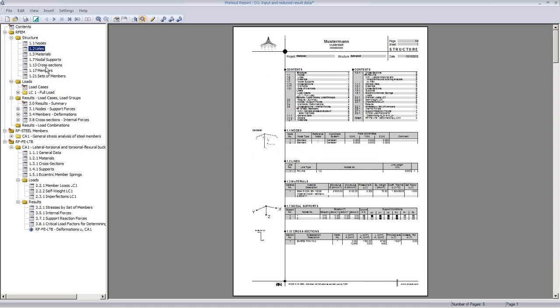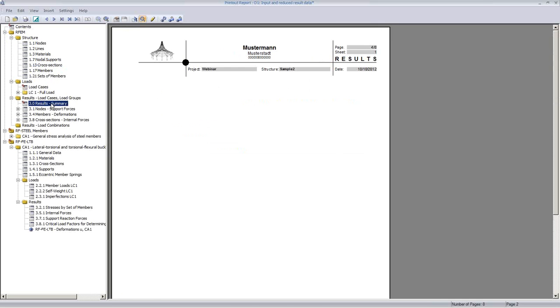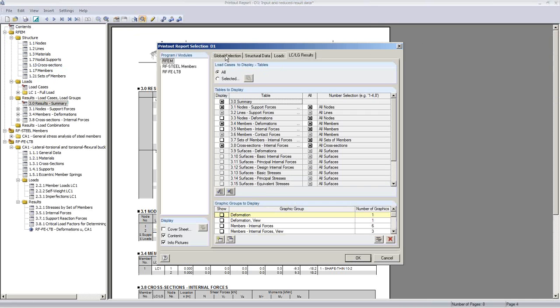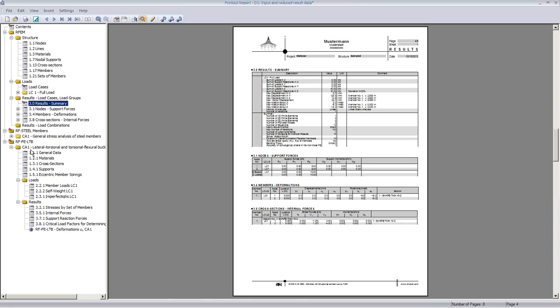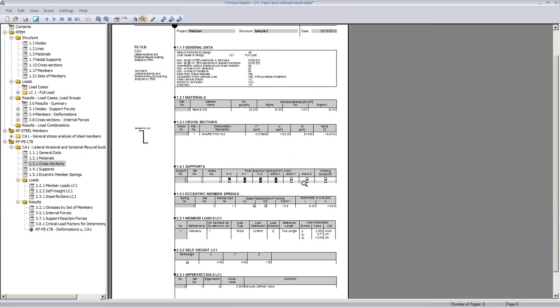RF-FE-LTB has the regular tables here. There you can flip through and zoom in here. You have the option here to select what you want to have in your printout report. And there is an extra chapter for RF-FE-LTB, and it gives you all the results that we just manually saw